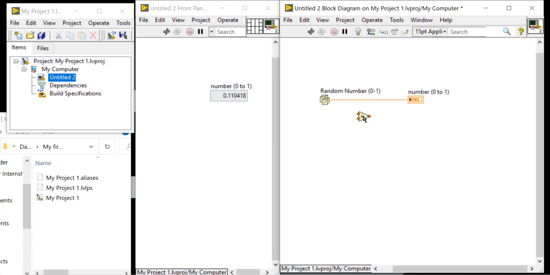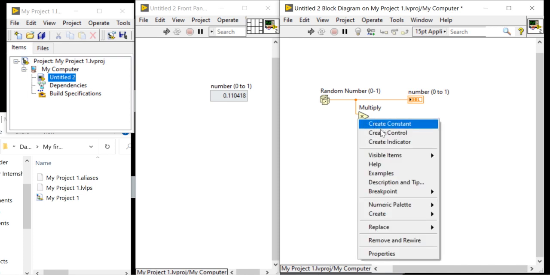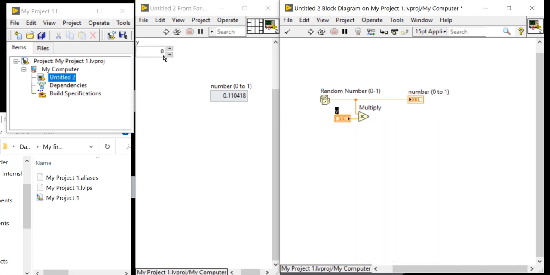Here, take a multiply function. And whatever range you want, you can create a control, and here we can specify the range.